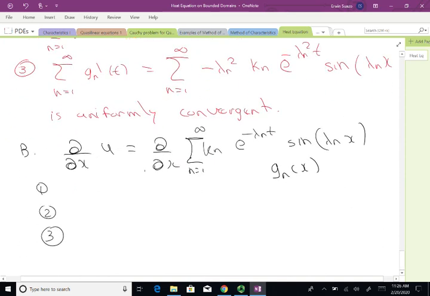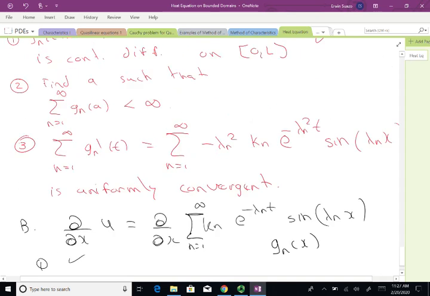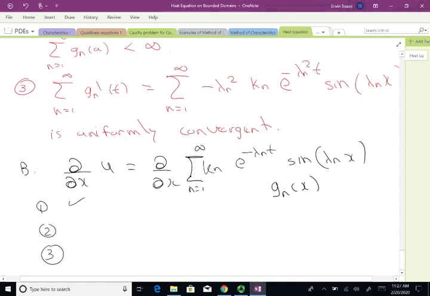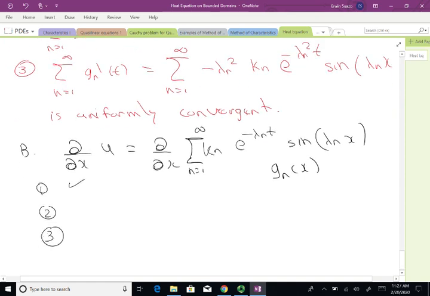That one is going to be easy, because x can be 0. If we put Gn at 0, if x is 0,